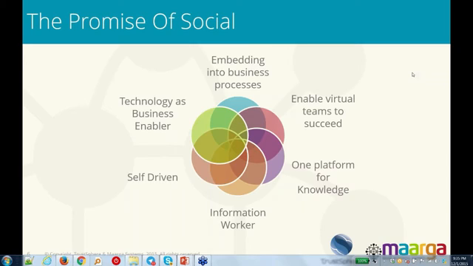Let me get started with a little bit of context. When we started on this journey more than 10 years back, there was a lot of promise that social offered. There was promise of integrating the social fabric into core business processes like procure to pay or order to cash, or processes like onboarding employees, right? And there was also this promise of technology as a business enabler and not just as a support function